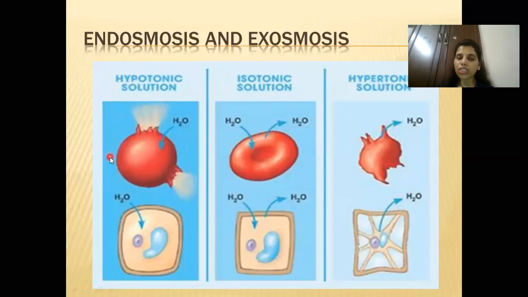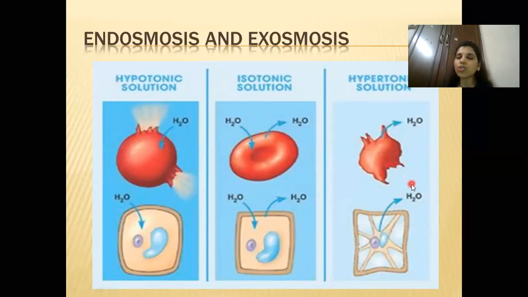Because the concentration of solute is less outside, the concentration of water is more, as it is a dilute solution. So the water from outside moves inside because the concentration of water outside is more compared to the concentration of water inside the cell. This particular solution is known as hypotonic. So whenever the cell is placed in hypotonic solution, the cell swells. Remember that. There is swelling of the cell which takes place.